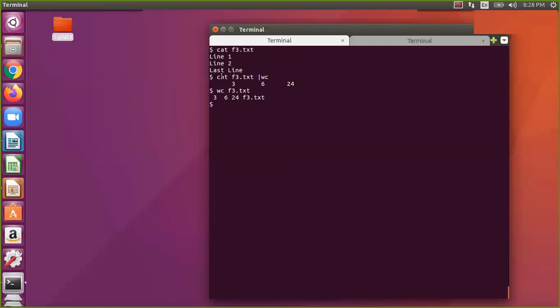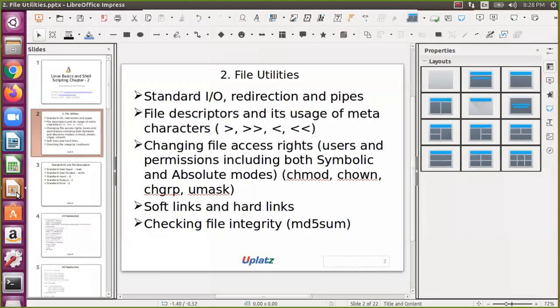This output now I am giving to the WC. Generally with cat, you will get that anyway. But when you use this pipe, you want the data to be generated, and only then will you be giving it. So that's what this is. Now we have seen standard output, IO redirection and all.